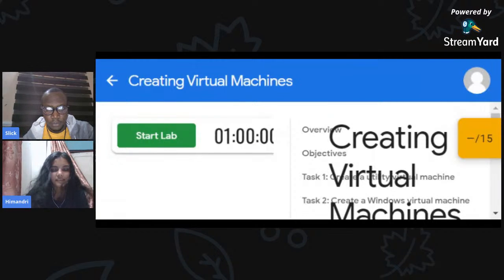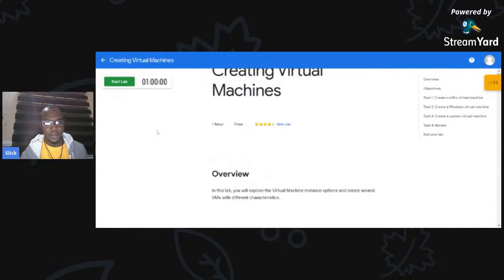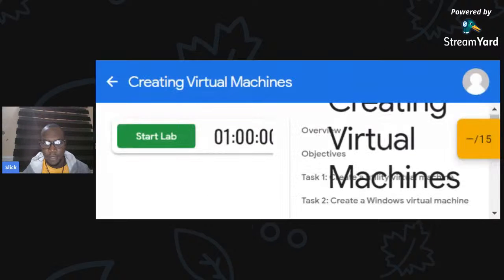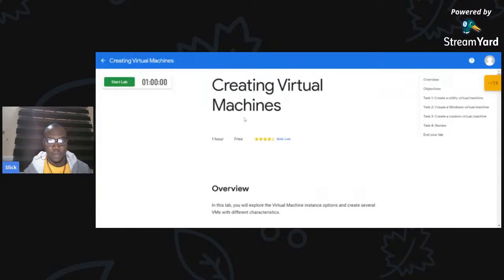Yep, it started. So we're going to start with creating virtual machines. If we have access to this lab, we can just follow along creating virtual machines. We're going to use Quick Labs for this platform. So I'm going to take you through Quick Labs, a platform where you access